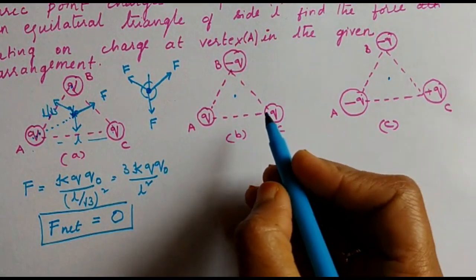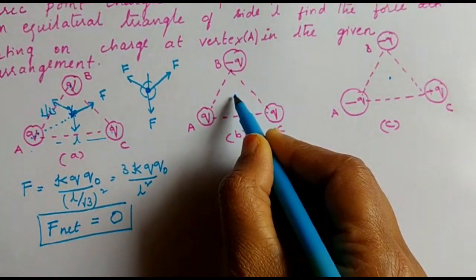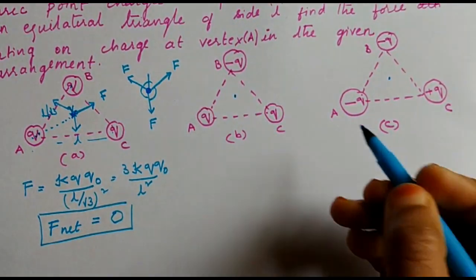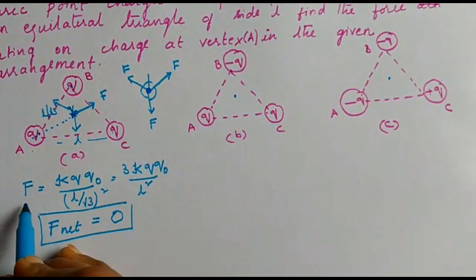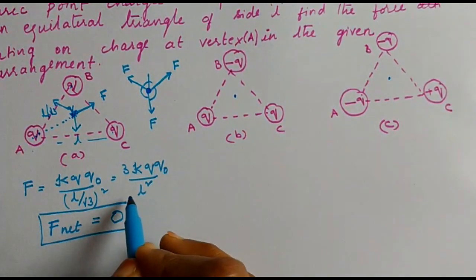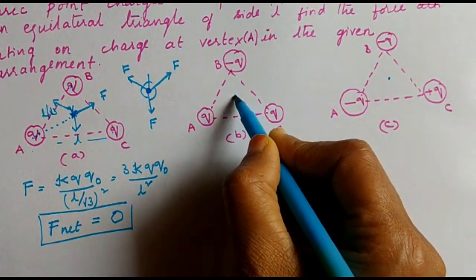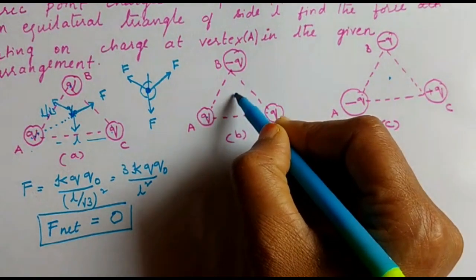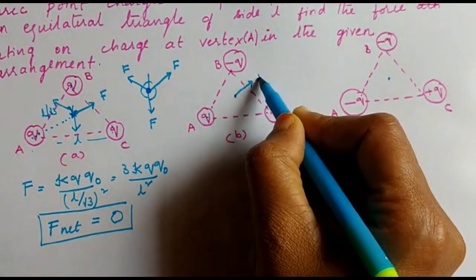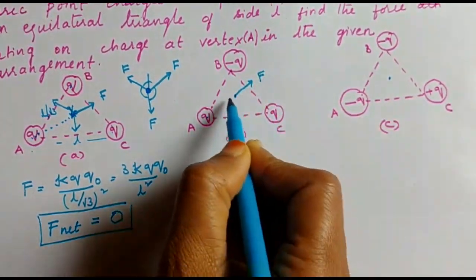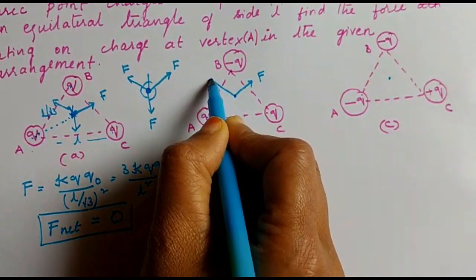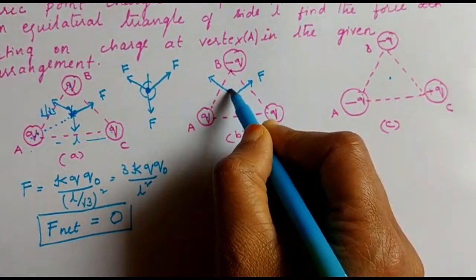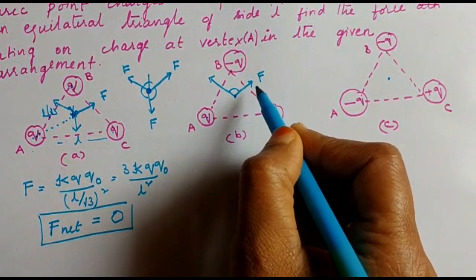Okay, now let us see what is the net force experienced by the charge which is placed at the centroid for the second arrangement. Now identify the directions. Magnitude will remain the same, so I'm not changing the magnitude. Now if we keep a positive charge, due to positive there is a force of repulsion F. Due to this positive charge, another force of repulsion, same magnitude. This angle would be 120 degree.